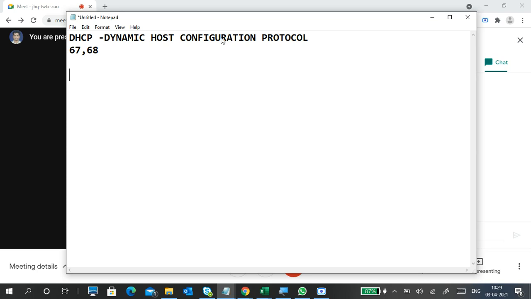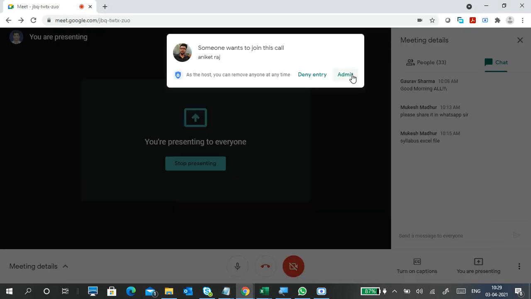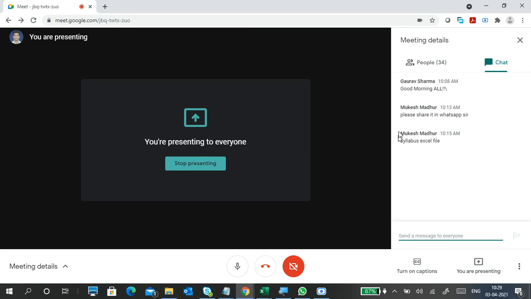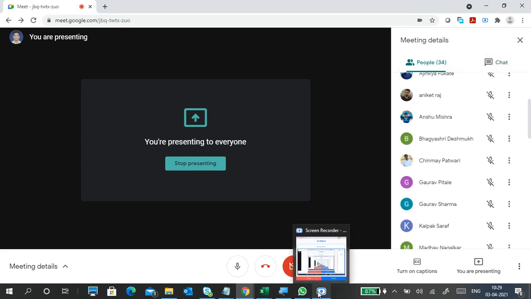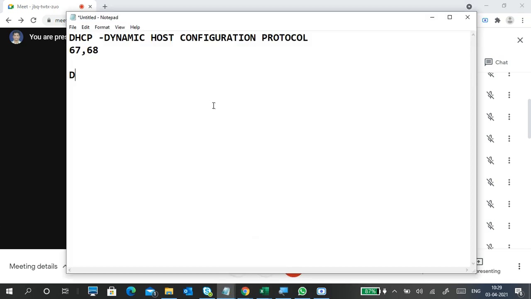Okay, what does DHCP do? This is the DHCP server. What will the DHCP server do? The DHCP server has a range of IP addresses.